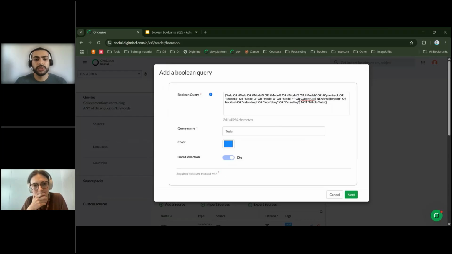So I should put the whole NEAR expression in between parentheses. So here I will add a parenthesis at the start, and I will add a parenthesis here.